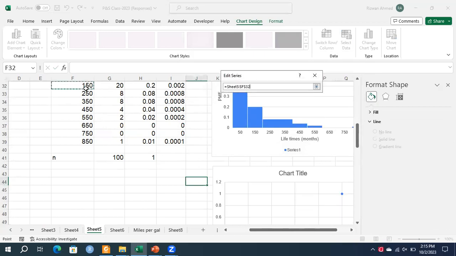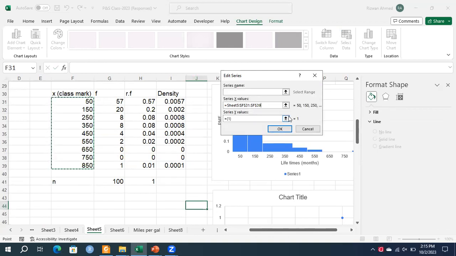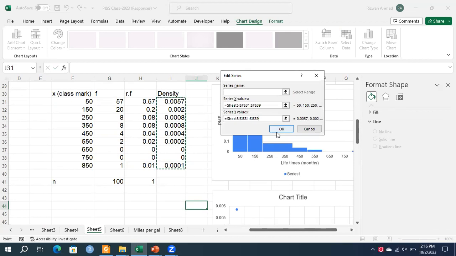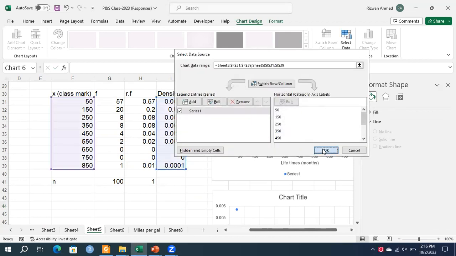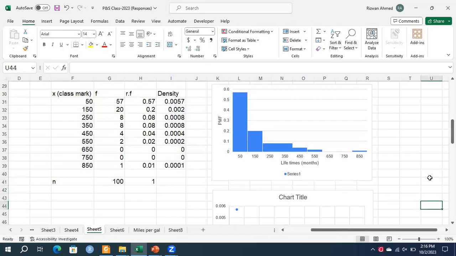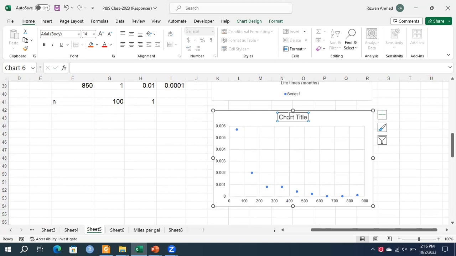X values again will be the lifetime values, and y values will be the density values. So this one